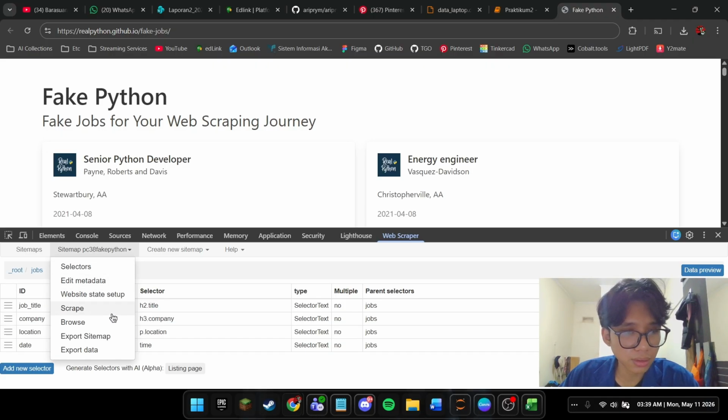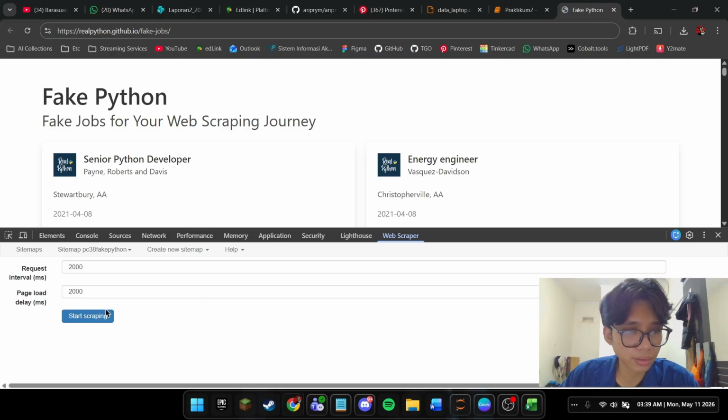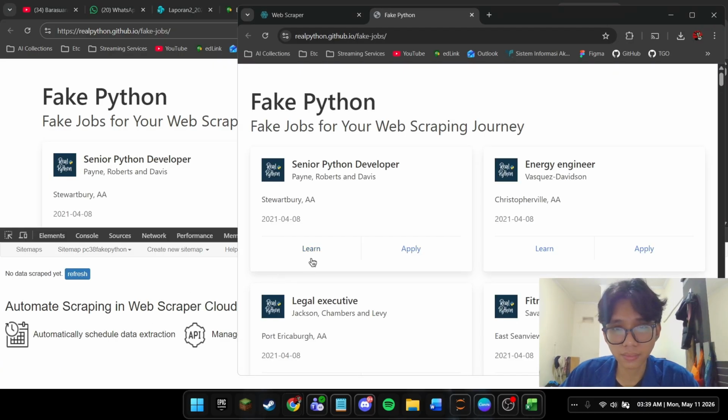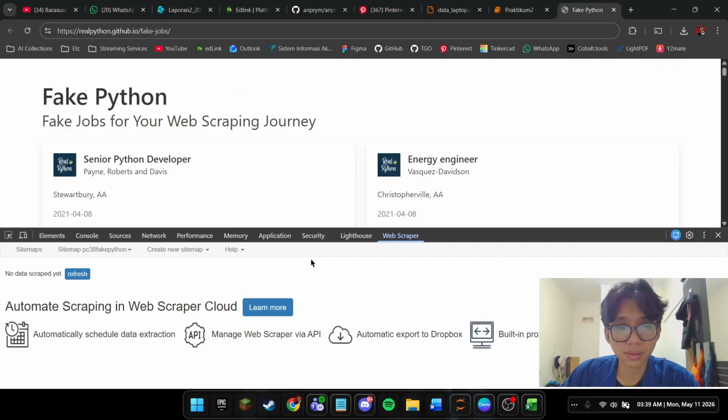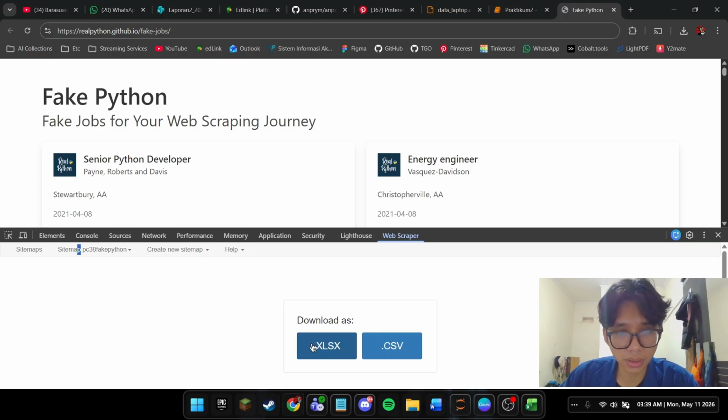Right after scraping is complete, Web Scraper provides two export options. First is .xlsx and .csv. I choose CSV because it is lighter and more compatible with data processing tools like Python and Pandas.